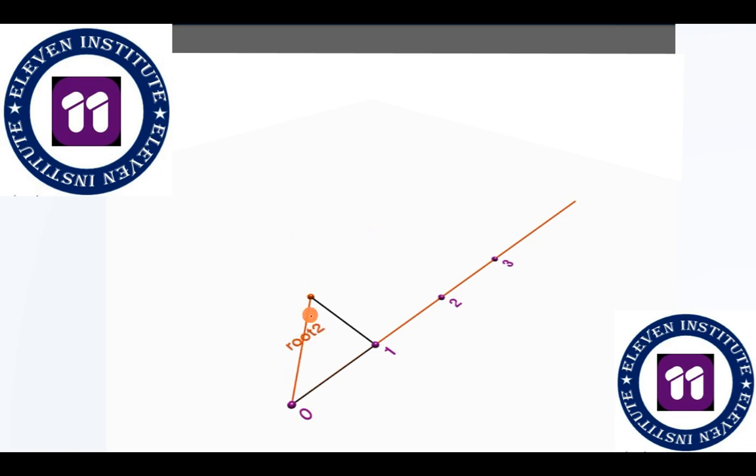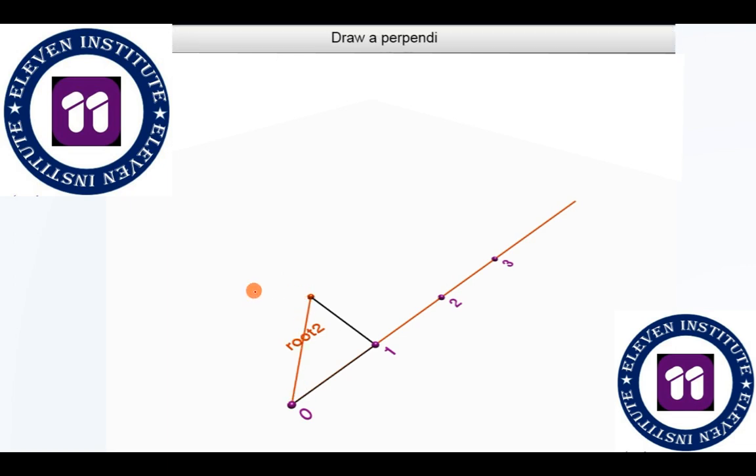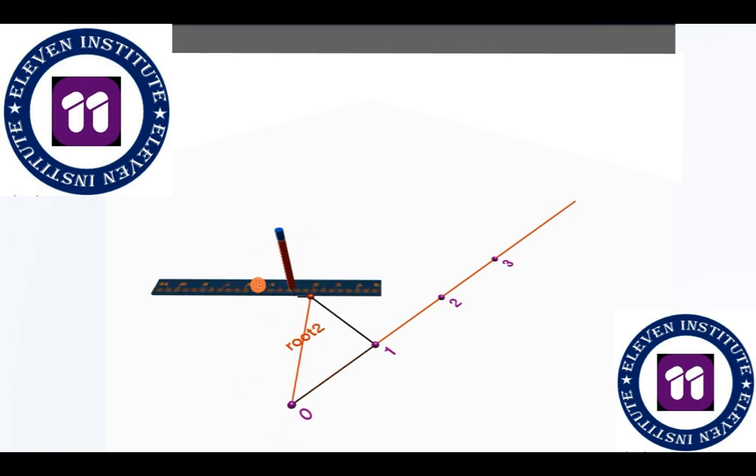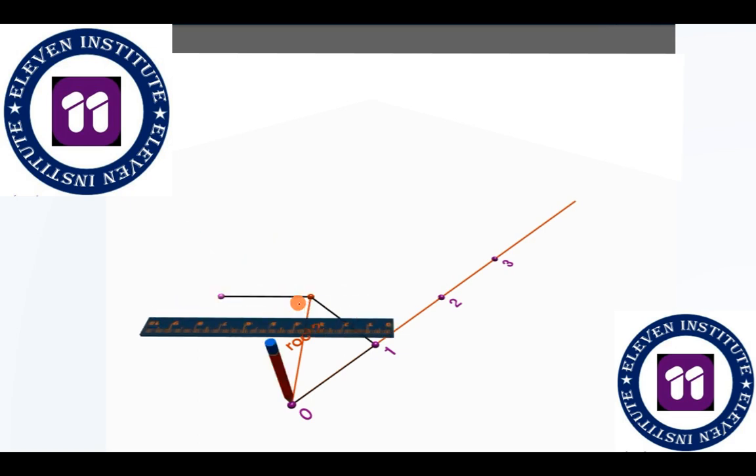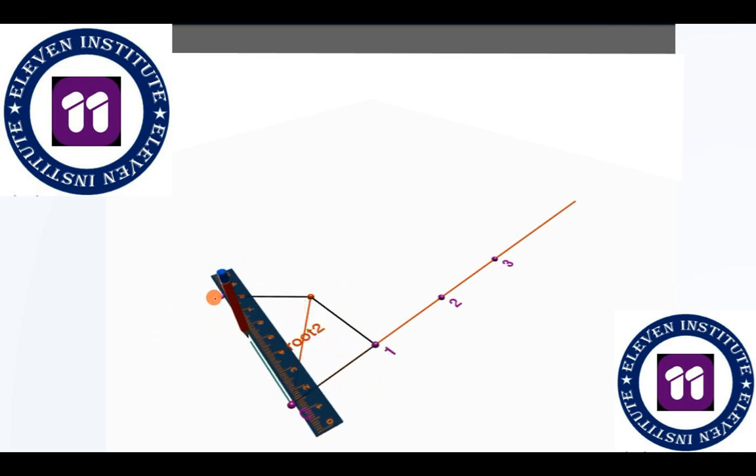Now this is my base. This will become my base, and I will draw a perpendicular line over here of 1 unit. 1 unit means 4 centimeters. If you have taken 2 centimeters, you will draw a line of 2 centimeters only, but perpendicularly. Right? Make sure it is perpendicular, a 90-degree angle over here. Now when I join these, I will get my hypotenuse, and its length will be equal to root 3.